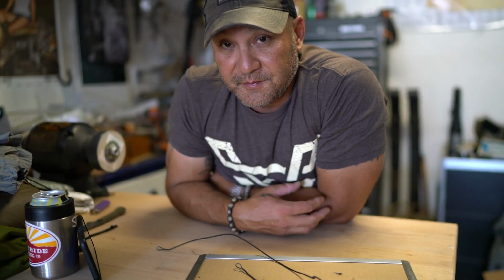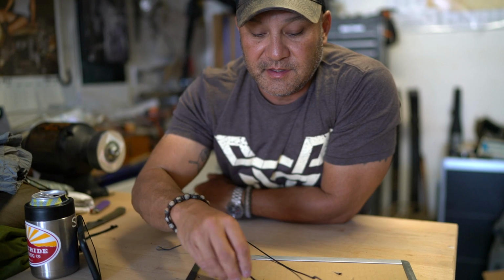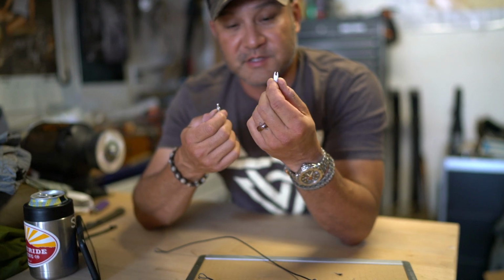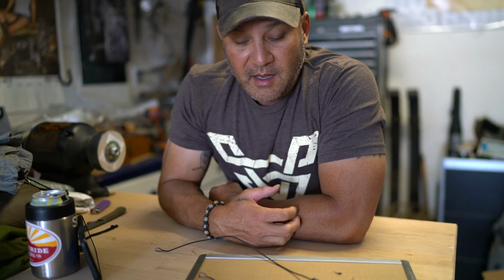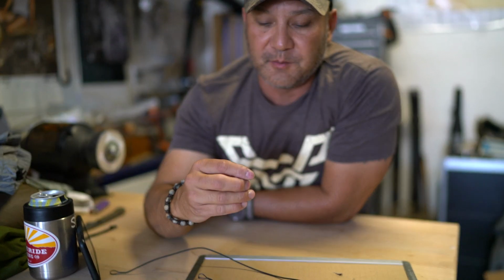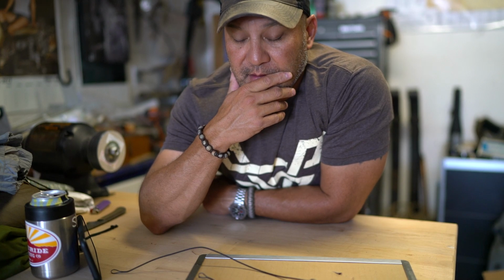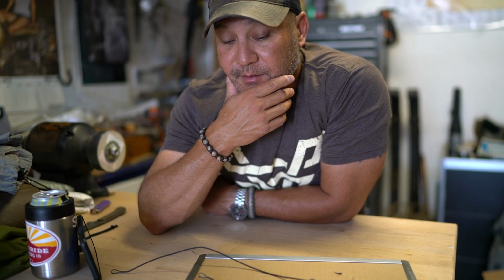But it's something that's important enough that I think you should be aware of, because this is an easy fix, right? Like, I smack the nock on this, I break the nock, I just pull it off and replace it, put another nock on the pin, and it all makes perfect sense and it's logical. And I suppose if there's a better pin nock system out there that is designed to not have this problem, or addresses it, or maybe is just a little bit more precisely drilled out, then that eliminates the problem. On the other hand, maybe pin nocks aren't really designed for hunting bows that are set at 70 plus pounds,